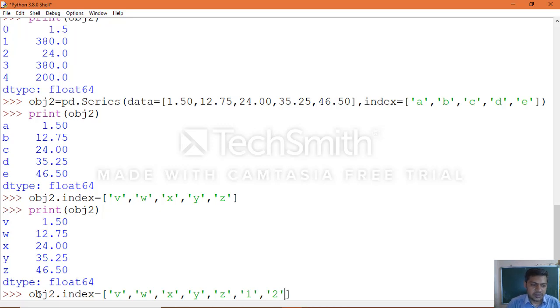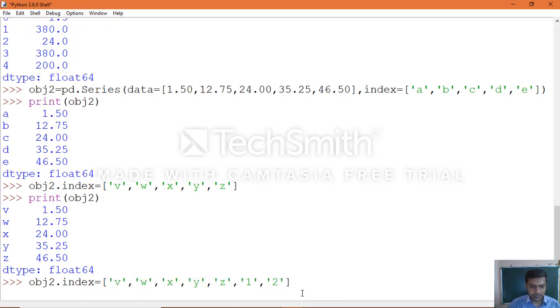2. So actually there are 5 data elements which object 2 was holding and the index is 5. When we try to increase the size of the index, instead of 5, 7, and execute, it will give you an error because size is immutable.